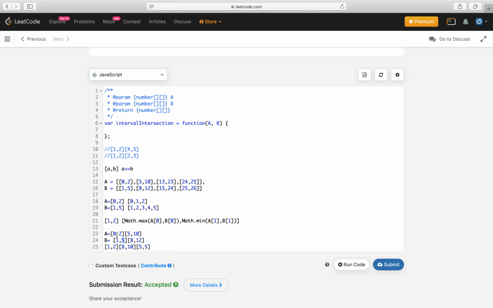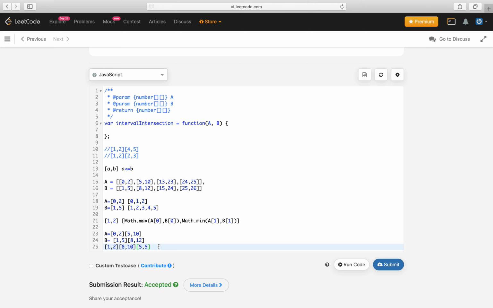For example, between 2 and 5, which is smaller? 2. So we will move to 5 and 10, and we will check 5 and 10 with 1 and 5. And then we will see that 5 is something which is common between these two pairs. So we will use this strategy to move between the lists while doing the implementation.